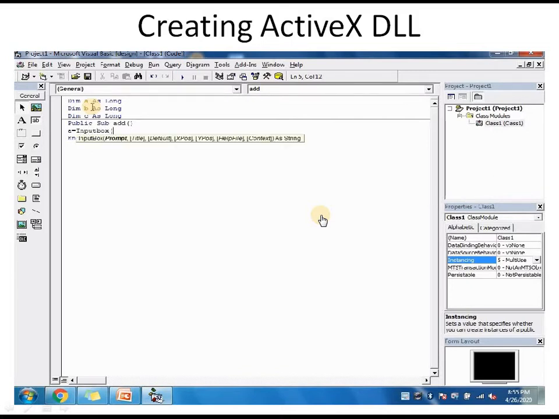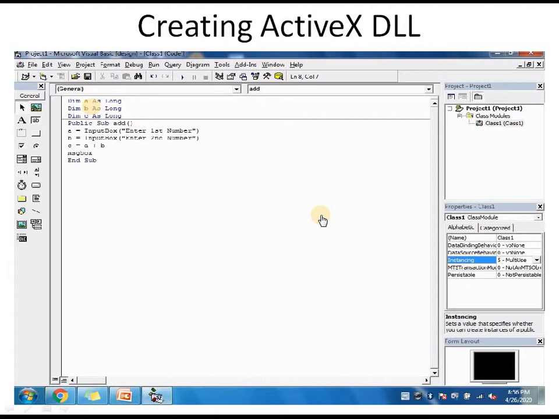Here we mention the code which will occur when we push this ActiveX DLL file: A equals input box bracket double quote first number double quote bracket, then B equals input box bracket double quote enter second number double quote bracket close. Then we supply third variable C equals A plus B,